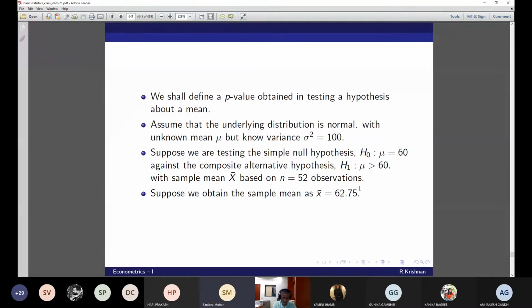No, sir. I've not done any example. We have not done any testing so far, but intuitively, treating 62.75 to be equal to 60 is too much, isn't it? Yes, sir. And from the standard normal table also. Okay. Now you ask the opposite question. What could be our sample mean so that it could be treated as 60? That's also the opposite question. Suppose it is 60.75.